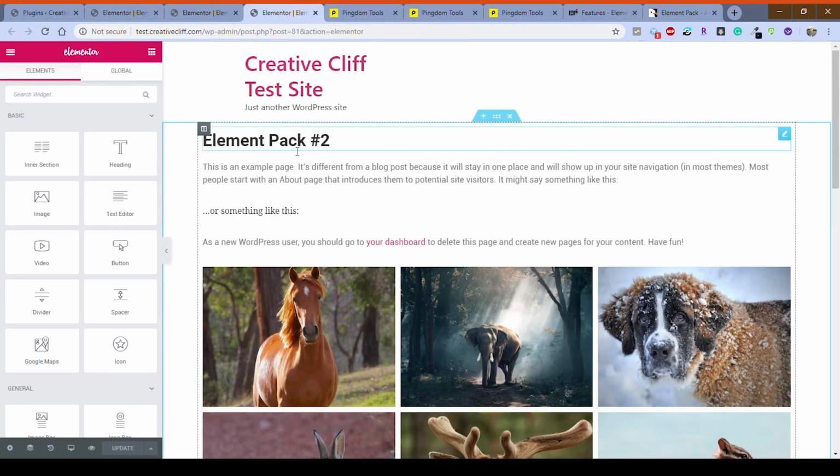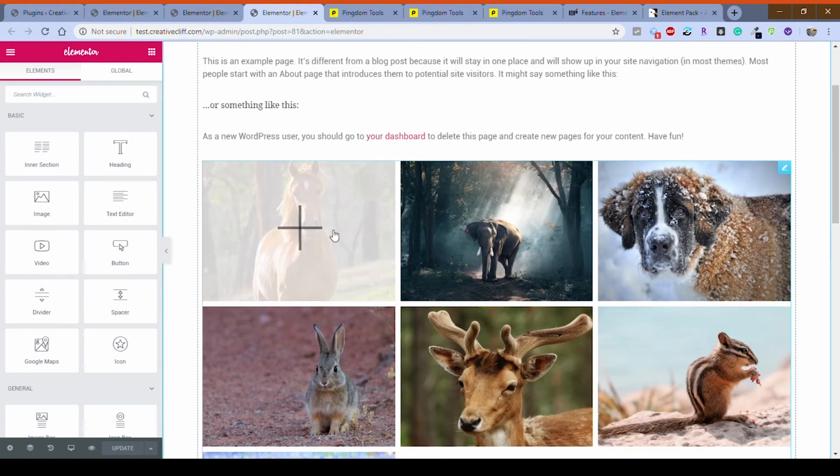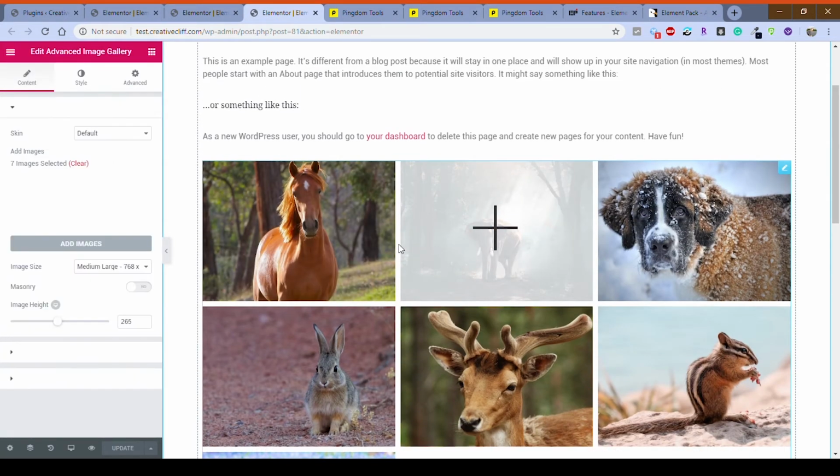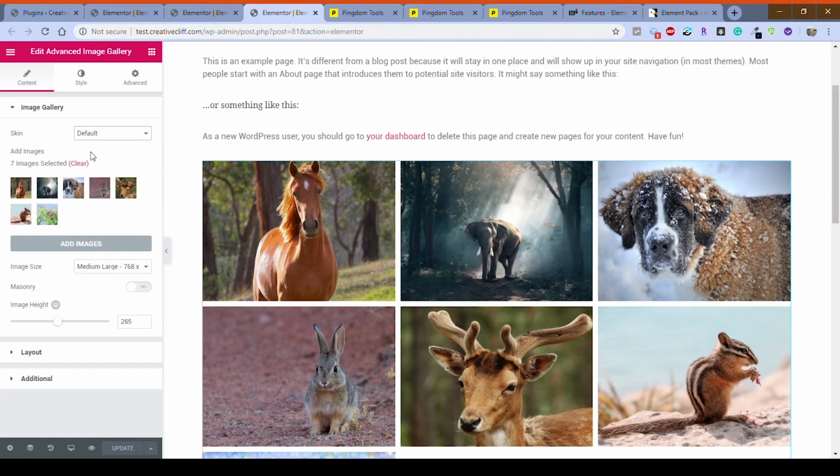But here we are. So this is built the same way, but I will make a few comments. Let me get my comments up. So here we have the gallery, and I actually really didn't like this gallery. They have your skins, basically you have carousel, not visible, and standard. And then you are able to choose image size and such, but